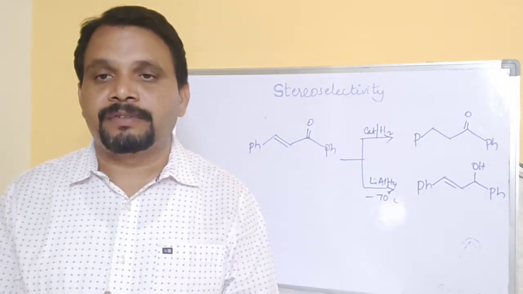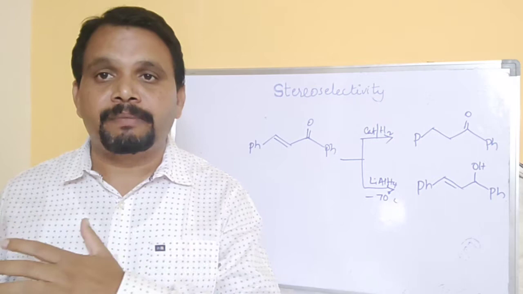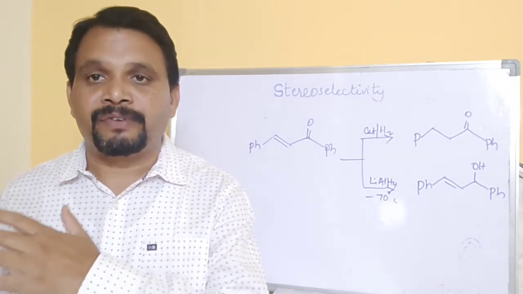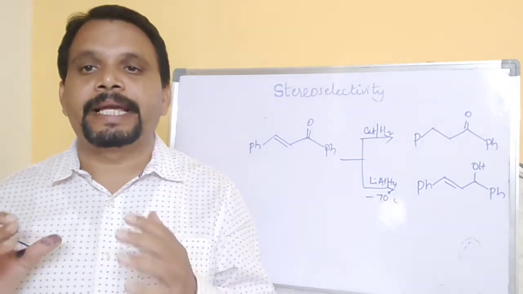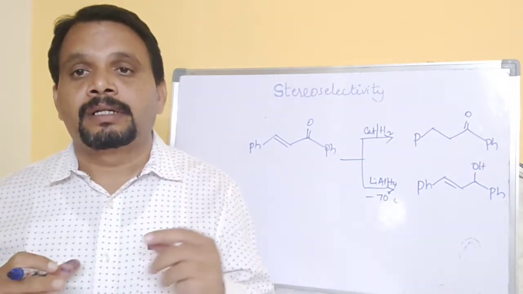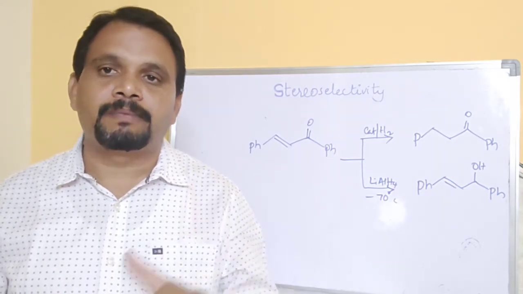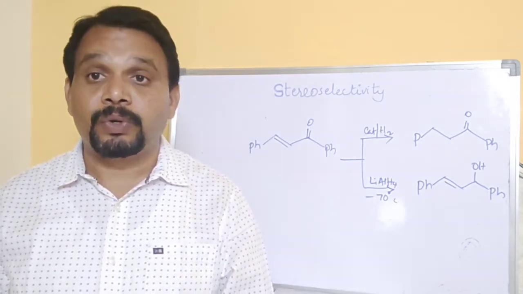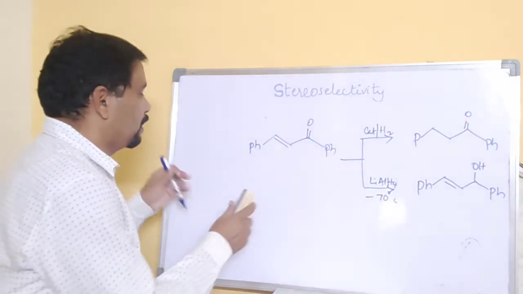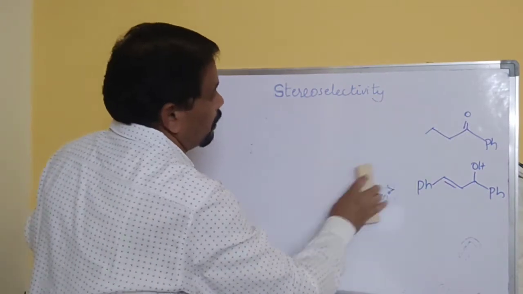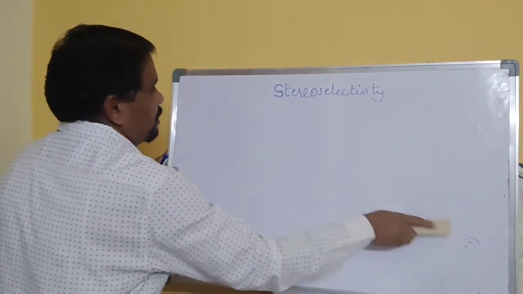What is chemoselectivity? A reaction that yields predominantly or preferably one product over the other possible products by reacting with one functional group over the other possible functional groups is known as chemoselectivity. Okay, so that is about chemoselectivity. So let us look at another category of selectivity reactions,